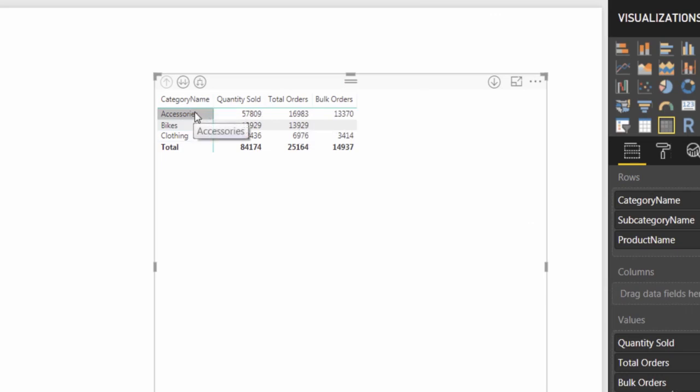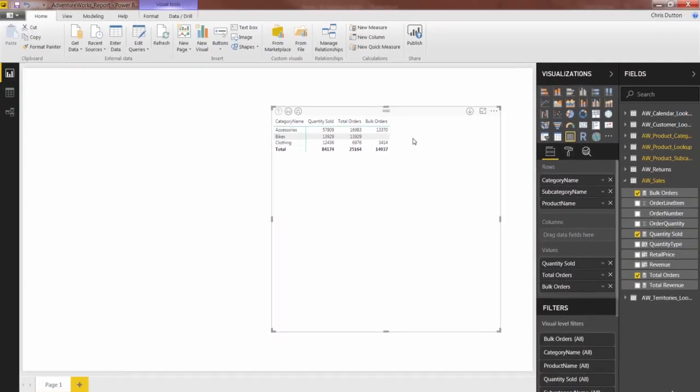for things like accessories and to a lesser extent clothing, but you see no bulk orders for bikes, which makes sense. If bikes are a much more high ticket item, you generally won't have customers coming in and purchasing multiple. So that looks good. That's our bulk orders calculate function. Now let's return back to the slides and drill in a little bit deeper into how this function's